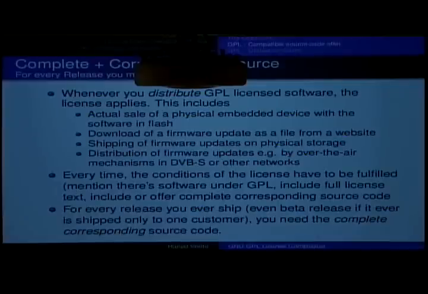However, if you provide firmware updates on a web server, for example, then of course those firmware updates are again GPL licensed software, and you're distributing it over the internet. So for that update on the web server, the same requirements regarding the license compliance apply. So for that update, you also have to include the GPL license text, and you have to provide the source code or a written offer how to obtain the source code. The corresponding source code to that update, not the original source code of what you shipped on the device, right? The firmware update is somehow different from the original software on the device.